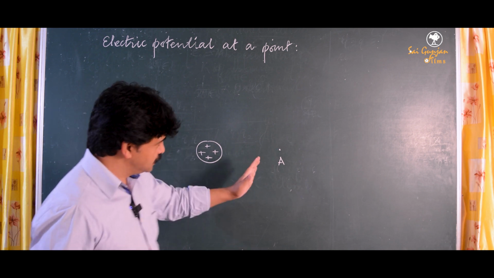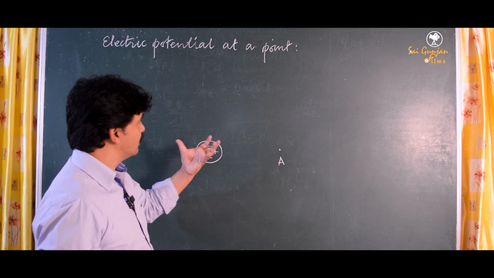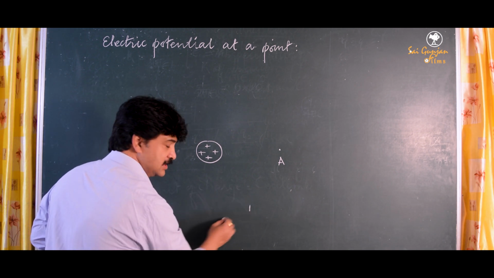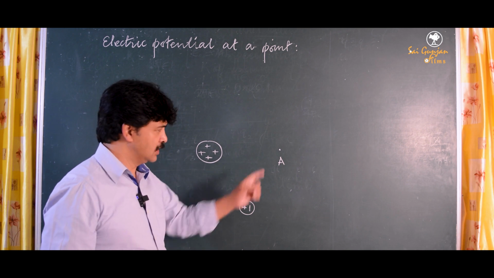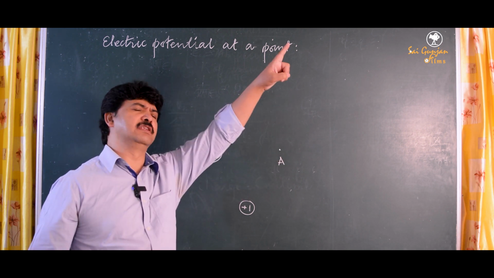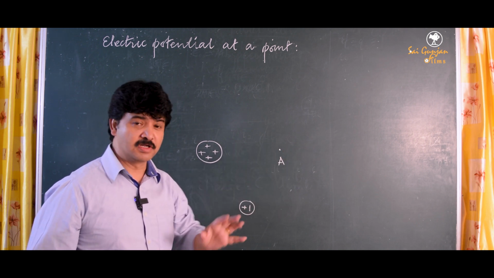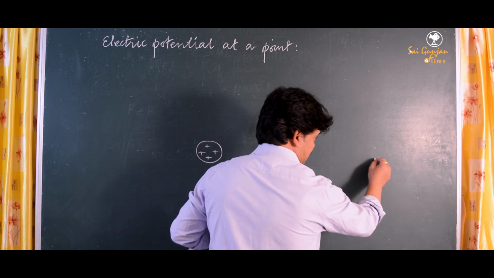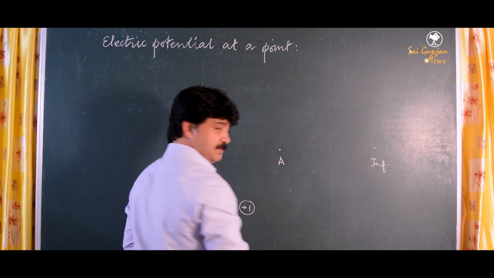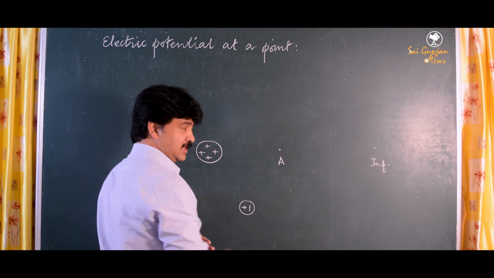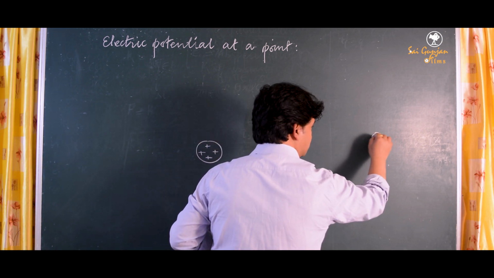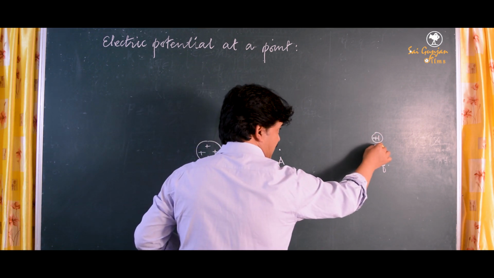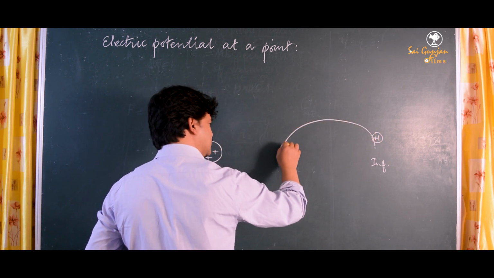In order to explain the concept of potential, we have to take a unit positive charge, not very close to A, but at infinity. Although we can't show infinity on the board, for our convenience let the point at infinity be at this point. At this point we assume a unit positive charge. In order to bring this unit positive charge from infinity to the point A,